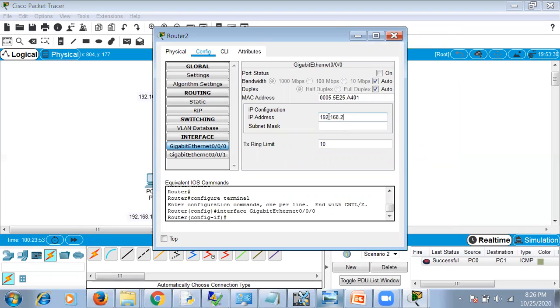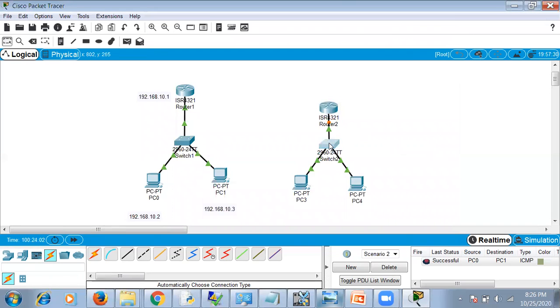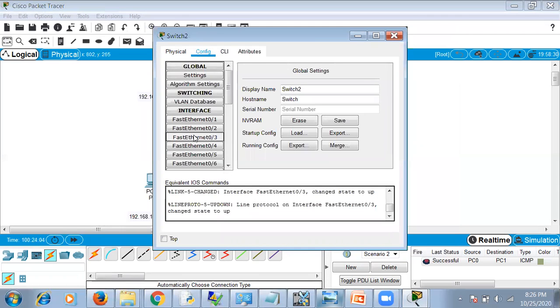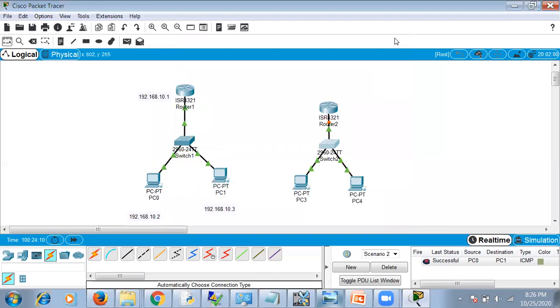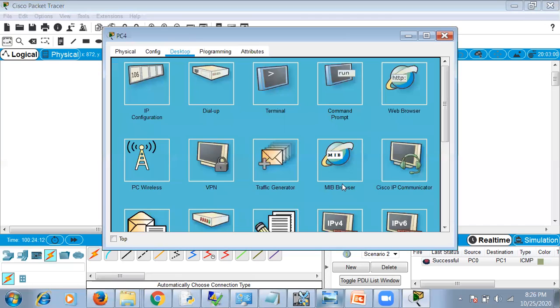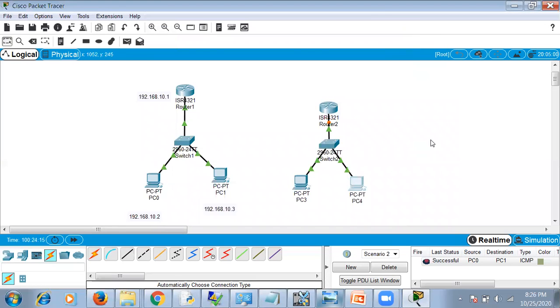Now this LAN is 20, so 20.1. I have to click on this on, then the link is set. See the IP address properly. So this is how the IP address has been set. This is 20.2, 20.3, and to the router it is 20.1.